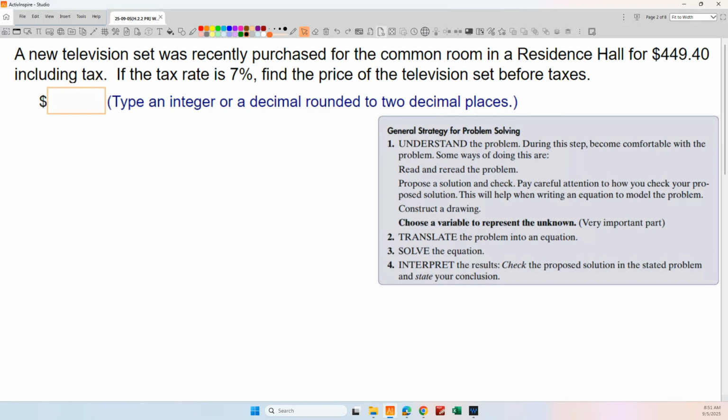One other thing that's oftentimes very helpful is to just define any variables. And the variables are typically the things that are being asked about, right? So if we let the variable be x, the unknown, variable and unknown are kind of interchangeable ideas here. What is it that we're trying to find the value of? Okay, so x is the original price, or the price before tax, right? Let's write that down.